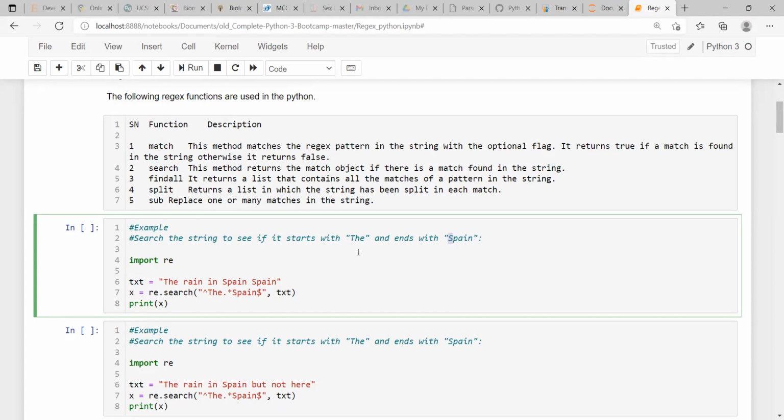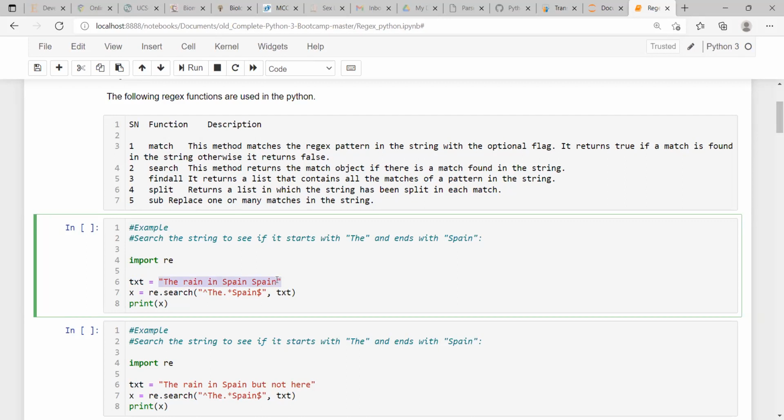So exactly we are trying to find words in the given string that start with "The" and end with "Spain". For that we need to write import re as the first line, because we need to import the regular expression module re. Now we know how to write a string. This is the string given: "The rain in Spain".